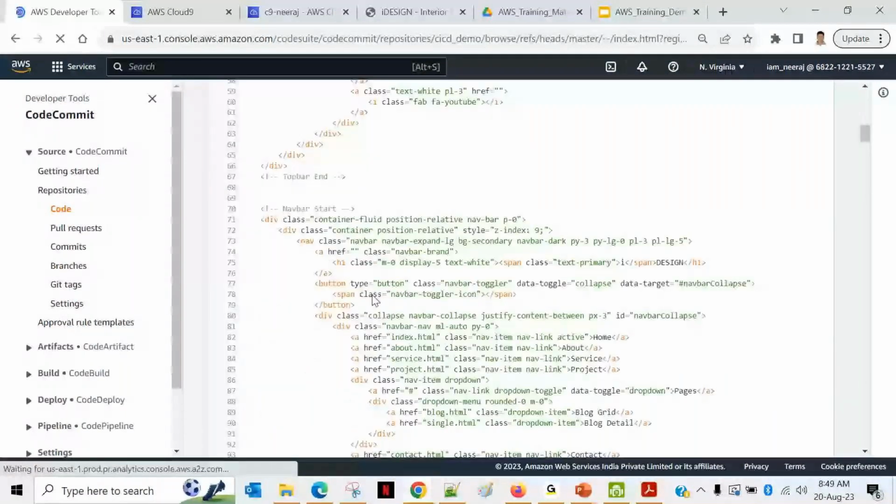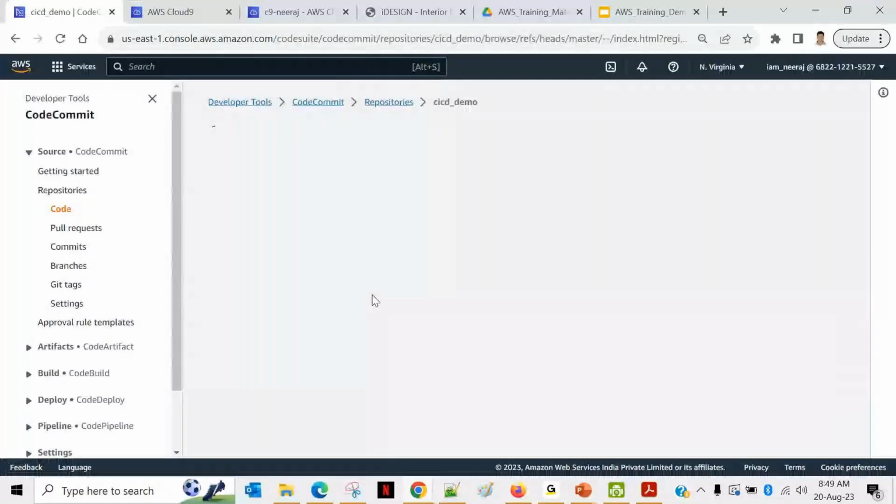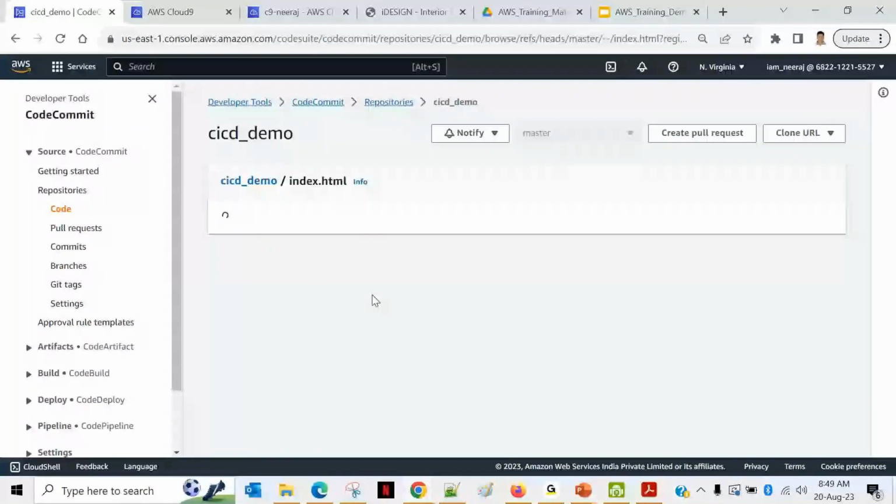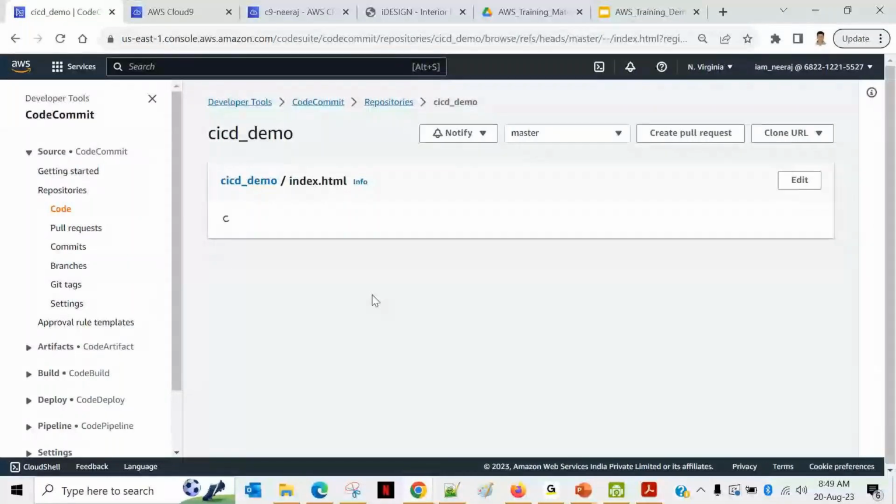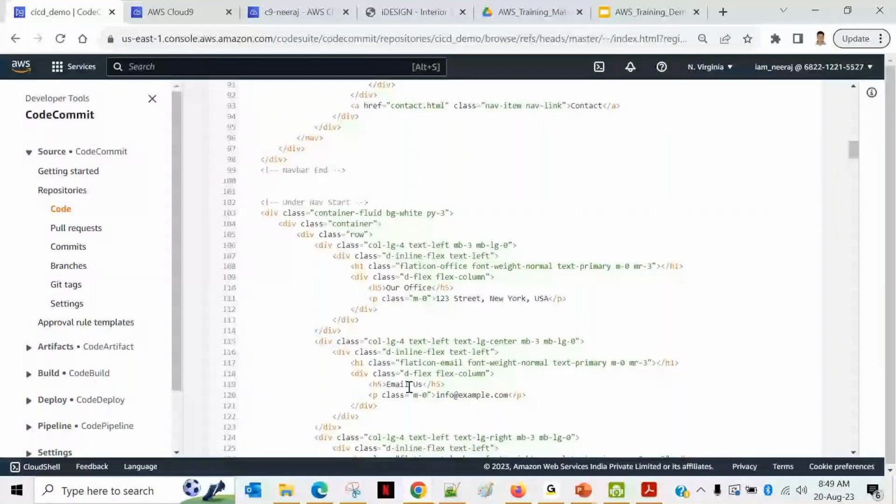Okay, let it load again. I refresh the page. So line number 119, email us, right? You see that currently it's email us because I haven't committed my change. So now